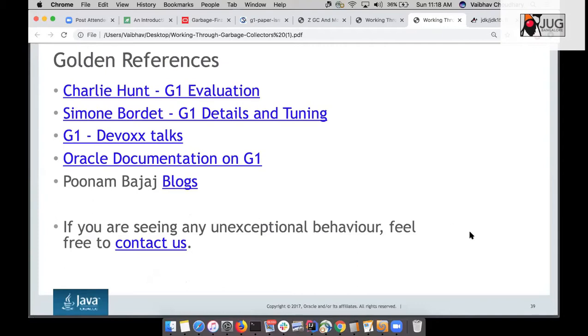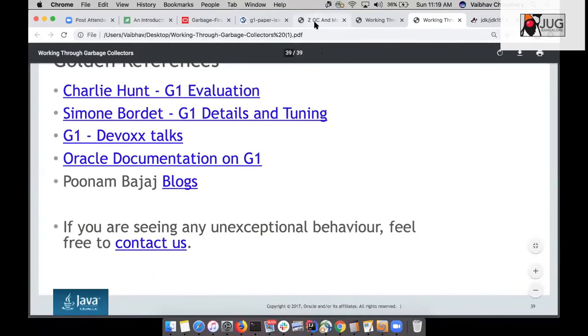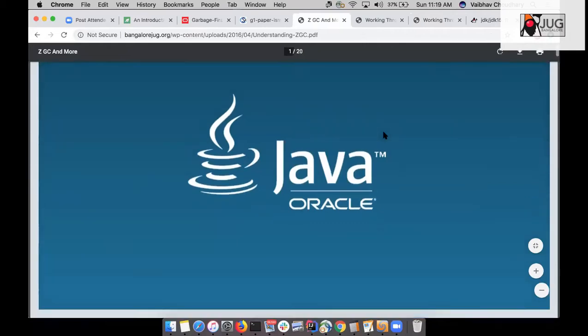Now, what I'll do is start with ZGC because we have only half an hour or so left. So I will move to the next garbage collector and we will see what the problem with G1 GC is and how those problems get solved in the new garbage collector. Any questions, queries, concerns before moving forward? There is nothing in the chat box, so I am good. Yeah, nothing so far. Okay.